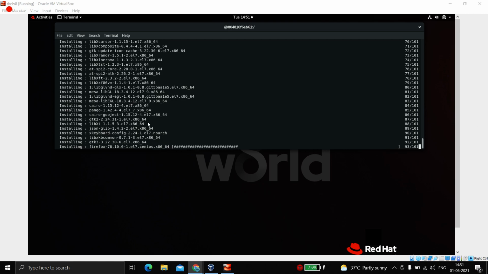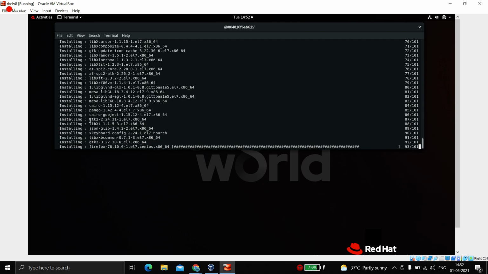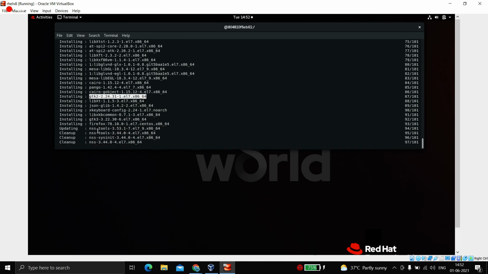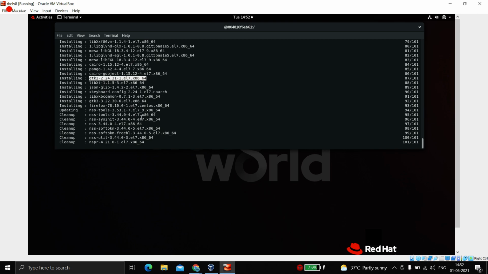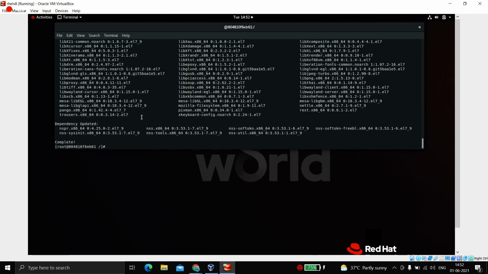Even right now it is installing some GTK2 packages and GTK3 packages with Firefox also, but we need it even extra to support it. So let's wait for this to install first, and we'll install these two libraries then. Once we have that, our task is done. Then we simply have to install Jupyter Notebook if you want, or else any other GUI package. So just wait for a minute.